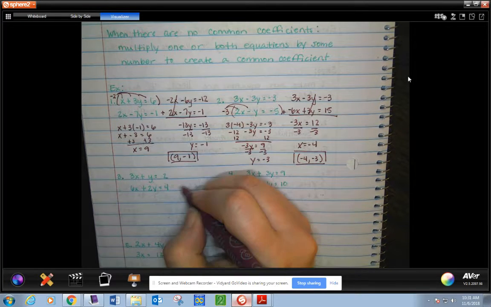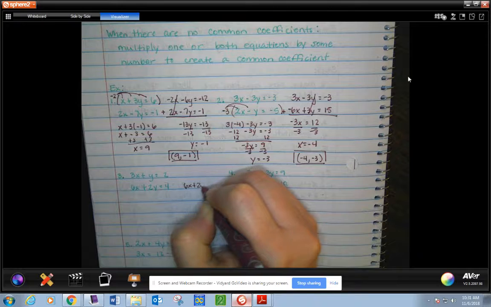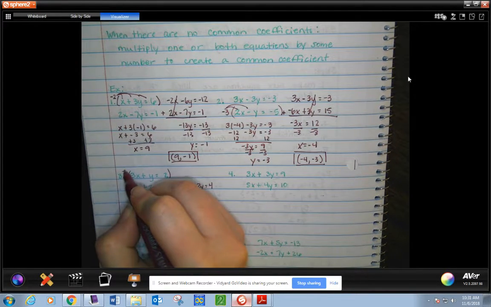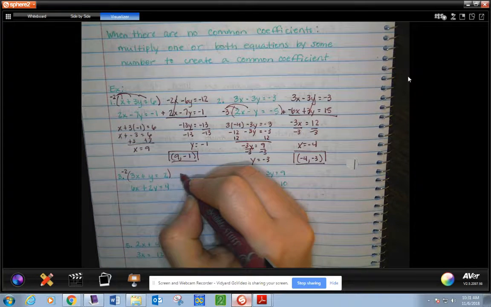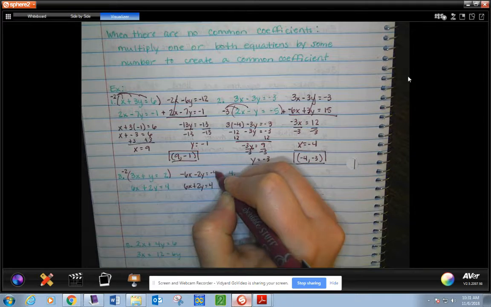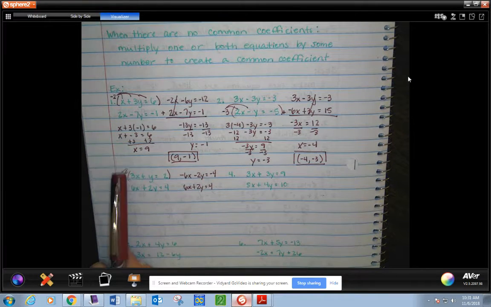So I'm going to leave my bottom equation alone because y is already at 2. But I'm going to multiply my top equation by a negative 2. And that'll give me negative 6x minus 2y equals negative 4. Now, the reason I went with a negative 2 is so that my 2's are different signs, so they'll